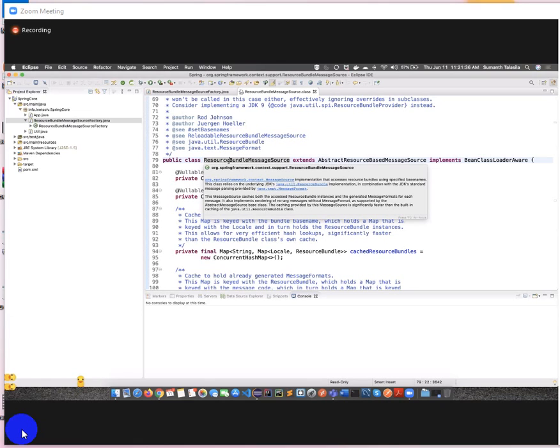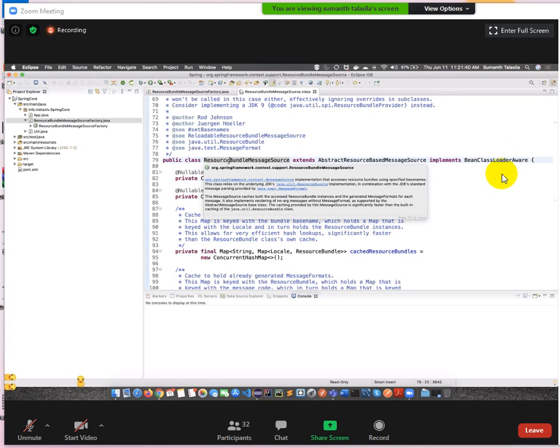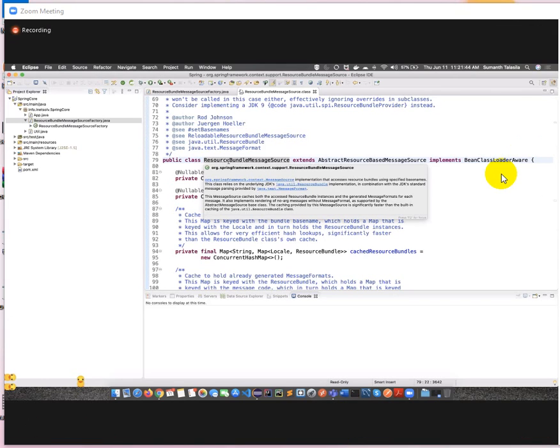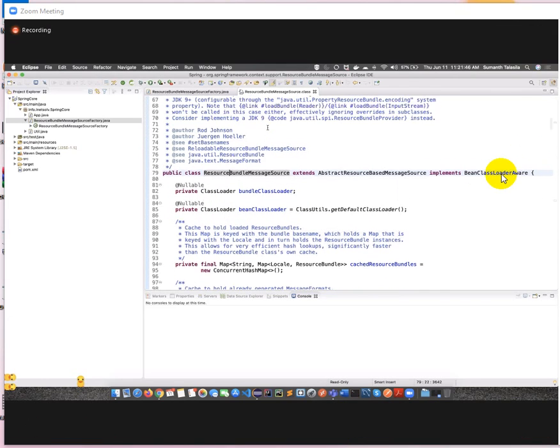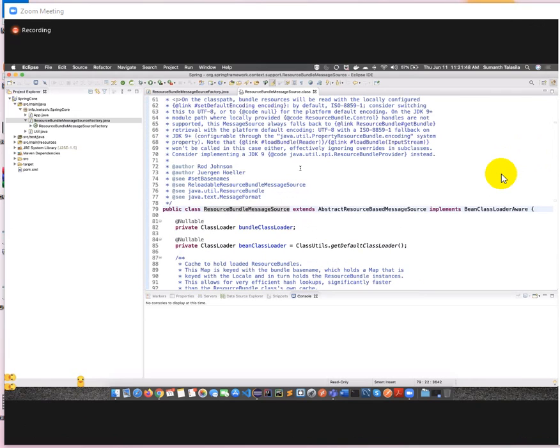If this class is available from long back, can we use annotation on top of that, or can we not? We cannot use it. But what do I have to do in that scenario? I have to create a factory class and a factory method.